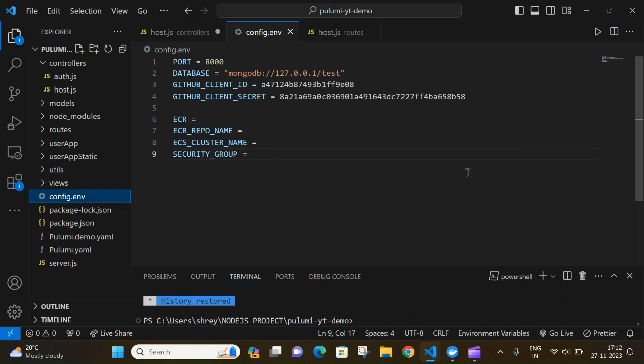Hello everyone. Now finally in this video we'll get to see how to host a web service using Pulumi. But firstly you need to have these four variables in your config.env file. ECR will contain your ARN of the ECR repository that you'll be creating on AWS. Now this will have the repo name, cluster name, and this part will have the ID, security group ID that